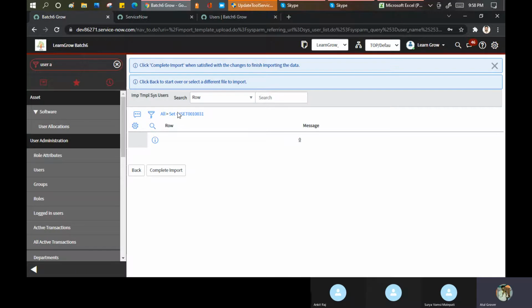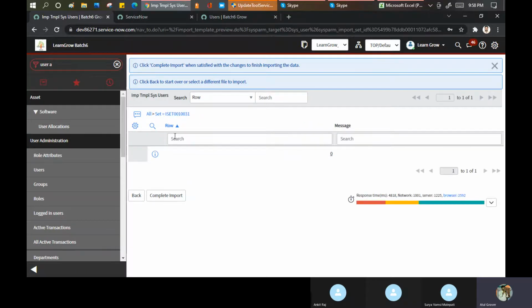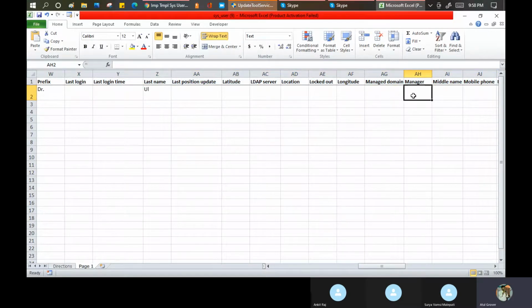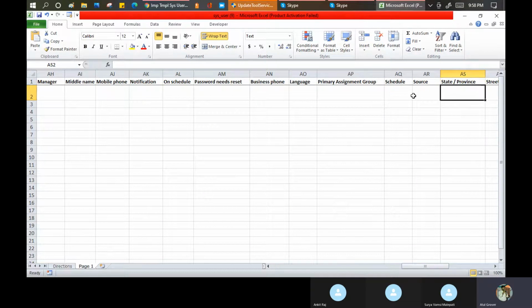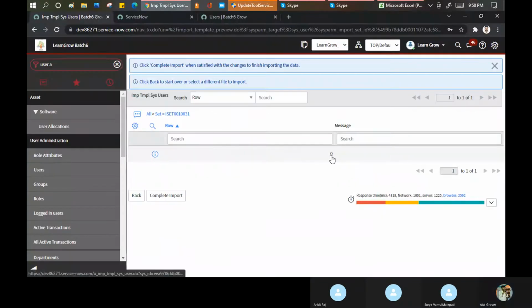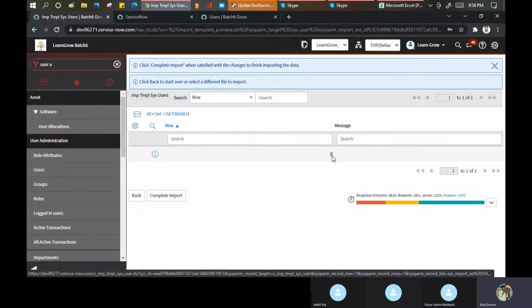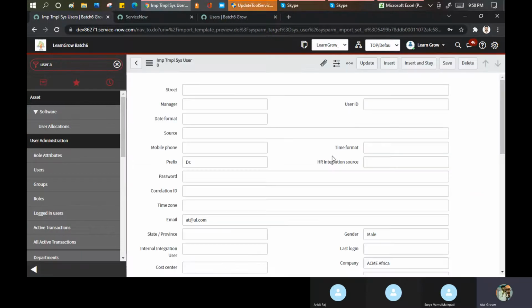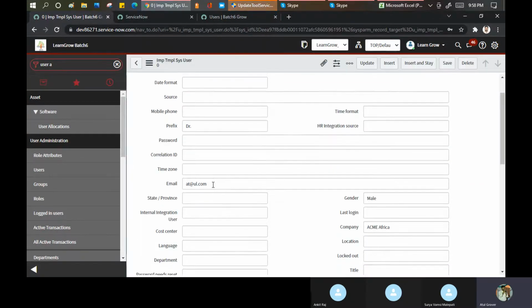Import logs. See where you are here now. It says I'm inserting 0 records. Why 0 records? We need to see. Maybe we missed out some mandatory information here. Maybe. I'm not sure, because user ID is not there, right? See, we did not put this. Maybe that's the reason it did not create it. But let's see. हाँ, 0 पे एक होगा इसका, because the count starts from 0, not from 1. See, it is showing you the data in this format. This is a staging table for you, the temporary part.